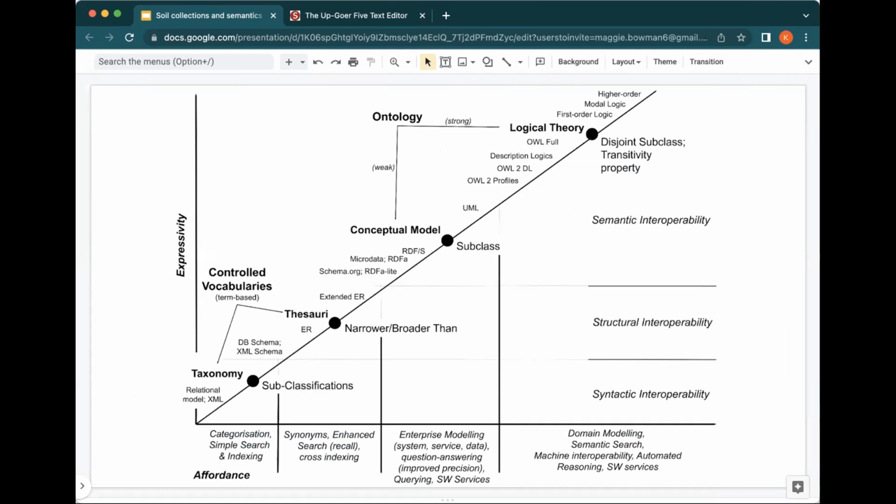There's an idea called expressivity, which just means that you're able to describe more things more precisely, okay? So as you work your way up the graph, there's more vocabulary items available to you to describe either your data or your concepts or whatever. On the lower left, we might have things like concept lists that might not even have a URI because they'll be application specific.